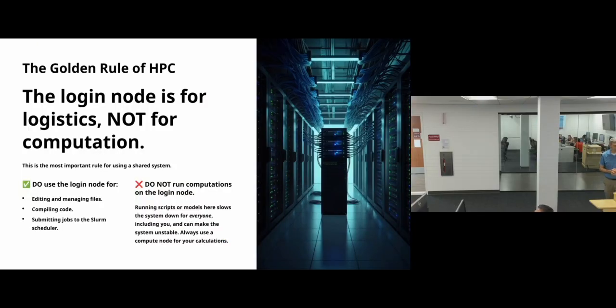So again, the golden rule of the HPC, and this is the other most important slide of the entire deck, is when you log into the HPC, you're going to log in through the login node. You cannot use the login node for any computation, right? The login node is shared by everybody. There may be 50, 100 people all logging in at the same time through the login node. If you start doing some heavy duty computation, you're going to bring down the entire login node, and then everybody loses access, right? So you do that, you get banned. So don't do that, right?